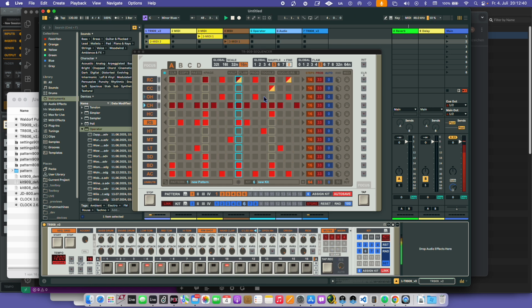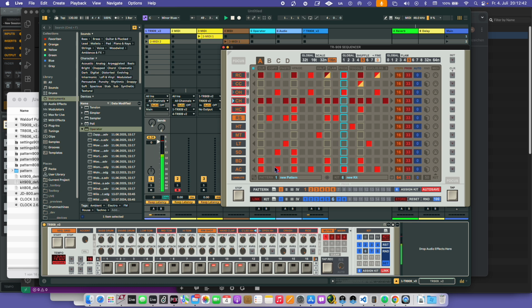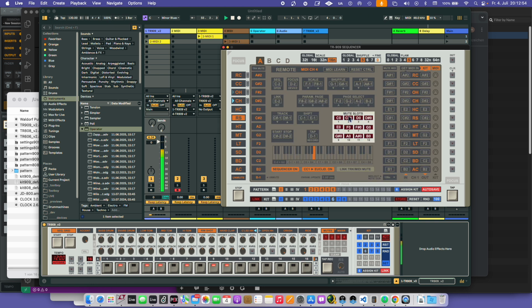So on MIDI, you can select these slots with a MIDI keyboard or unmute. These are the slots here. Here's the unmute, and these are the track mute settings. If you go an octave higher, you have